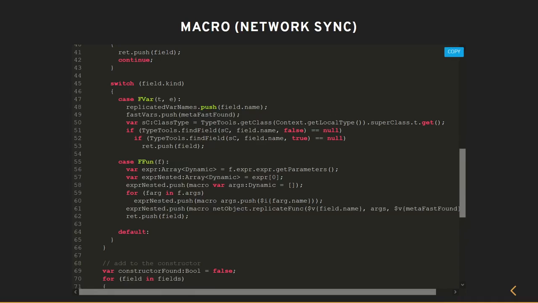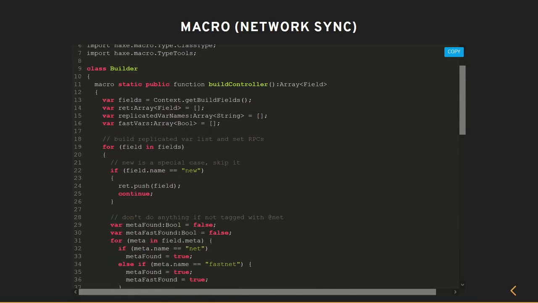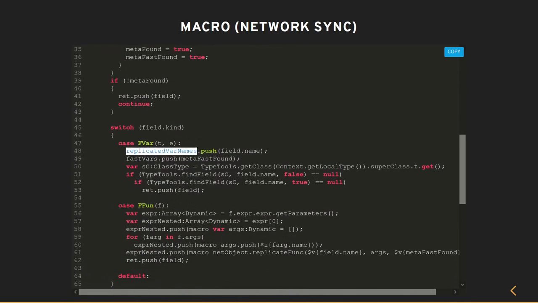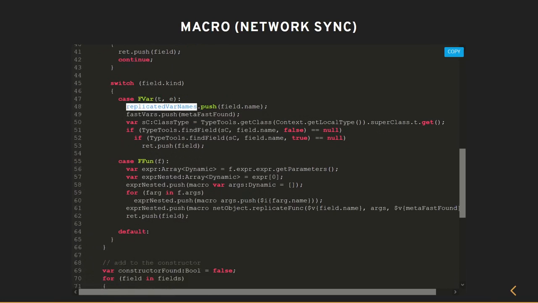Right, so if we detect that it's a variable, then as the networking library, we want to keep track of the variables we want to replicate. So we're just going to push it to an array. We'll store it in an array for now. What else are we going to do? We're going to determine what's the superclass. This is for the little hack that I was talking about before, because you can't redeclare your variable.